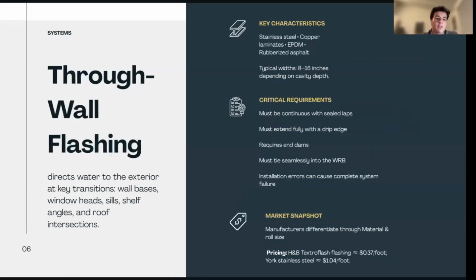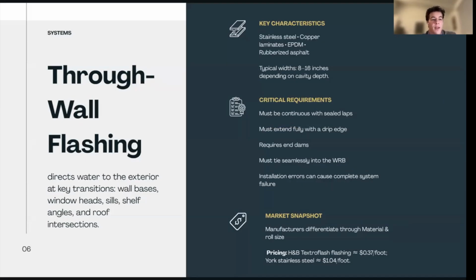And then finally pivoting to through wall flashing. A good way to think about this is, while weep ropes and vent systems are valuable since they provide the exit for the water, through wall flashing effectively controls the path. This continuous waterproofing membrane intercepts the moisture and water at windows, shelf angles, and foundation transitions, directing all of this water towards those carefully placed weep openings that we talked about before, rather than allowing it to migrate unpredictably